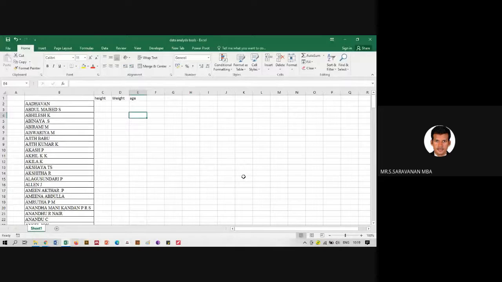We do not know what the height, weight, and age are. Okay, this is sample data, not the real data, but we need data for executing the data analysis. If you want to execute the data analysis, first you need to feed the data.